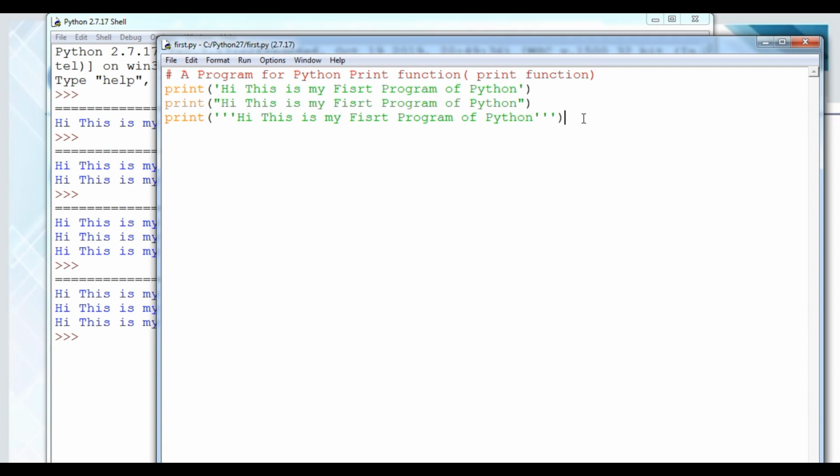Now we are going to add multiple line comments. So how to do that? To do that I just have to use a triple quote.